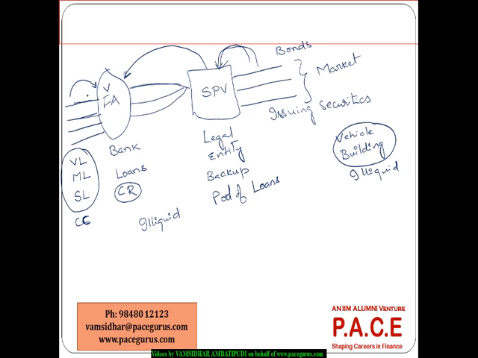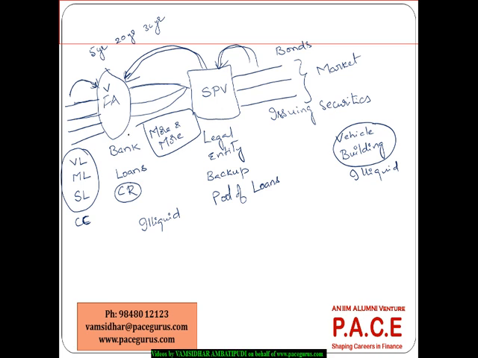until the borrowers keep paying. In some cases there could be a 5-year payment period, it can go to 20 years, or even a 30-year payment period. The borrowers keep paying the interest and the principal at regular periods of time. Until then, the assets are illiquid, and the bank has to wait until it receives the cash flows. Whereas now, when it has sold them, ready cash has come into the bank, which means it can give more and more new loans. That's one motive behind this entire securitization.